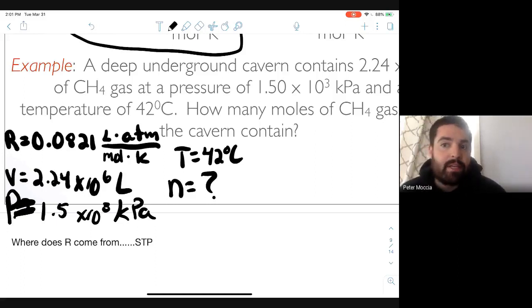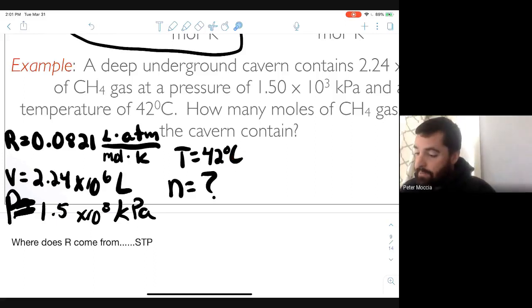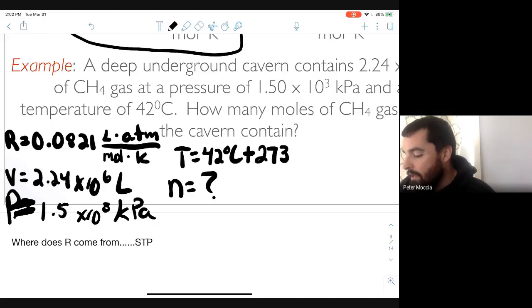So if you're finding n, you're finding the moles of gas. Now, there's a couple conversions we have to make. We talked about last time. Temperature cannot be in degrees Celsius. Temperature needs to be in kelvins. To go from degrees Celsius to kelvins, we always add 273, okay? So 42 degrees Celsius plus 273 is going to equal